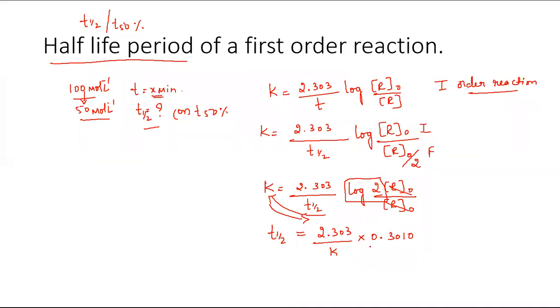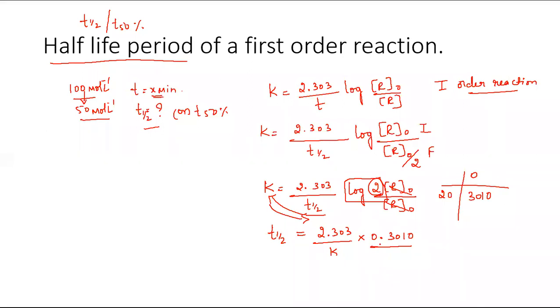Okay, so log 2 value is, you can check in the log table, 0.3010. So for 2, you have to look at 20 at 0. This is how you have to look. The value will be 3010. As we have a single digit here, before this we have to keep a decimal point and 0. This is number of digits minus 1. Number of digit is 1, 1 minus 1 is equal to 0.